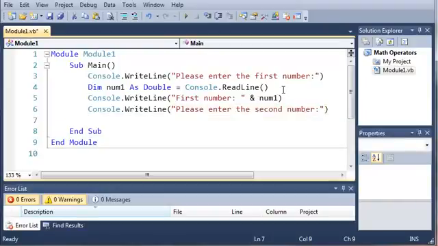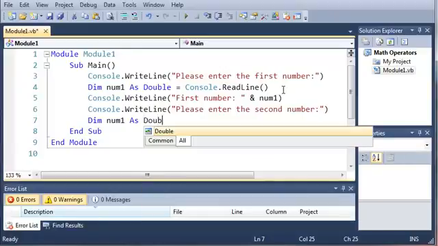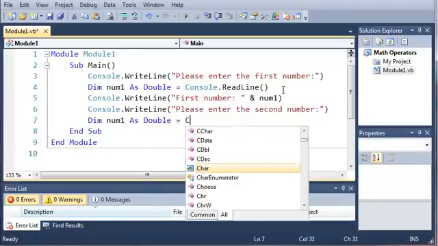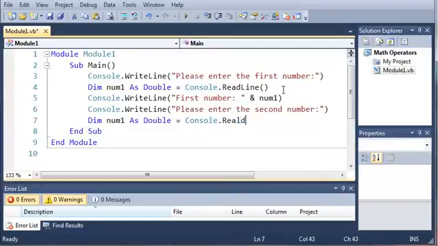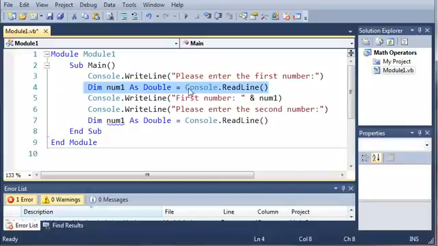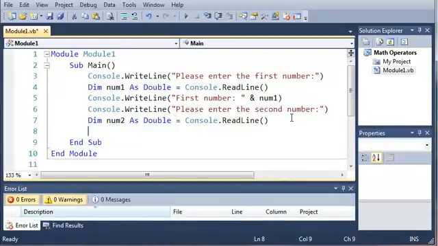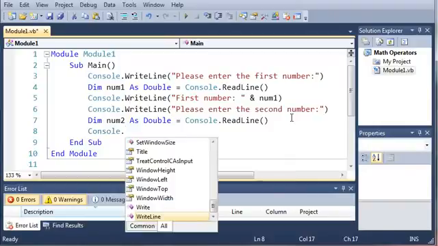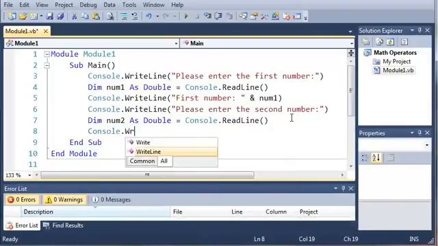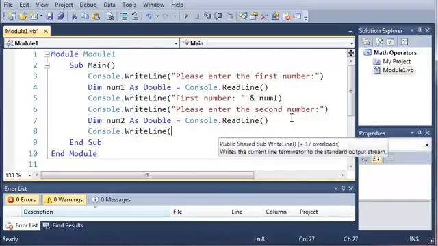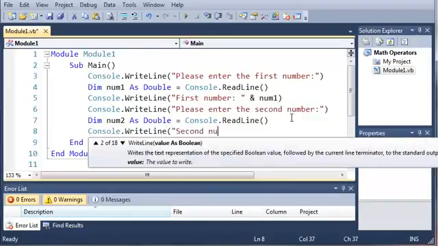Now we're going to create another variable. So we will use the dim keyword: dim num2 as double, and we'll set it equal to console.readLine. This does the same thing that we did up here in declaring num1, and instead of num1 down here we're going to want num2. Okay, so now we're going to print out the answer, but first we're going to tell them that we received their second number correctly. So console.writeLine "second number,"